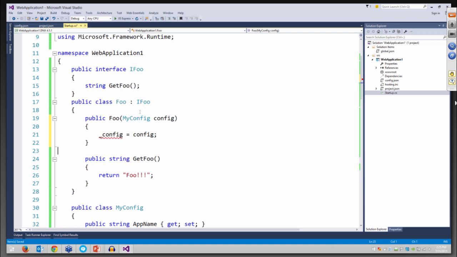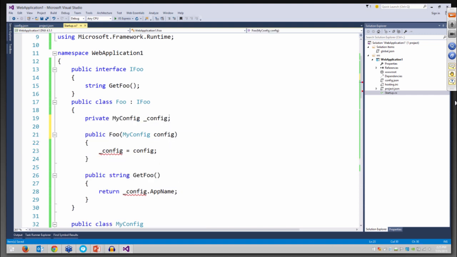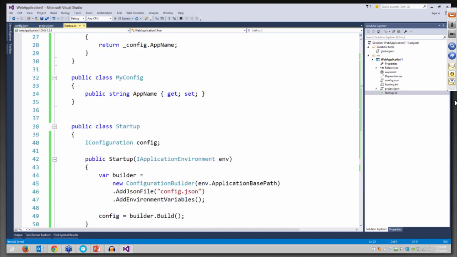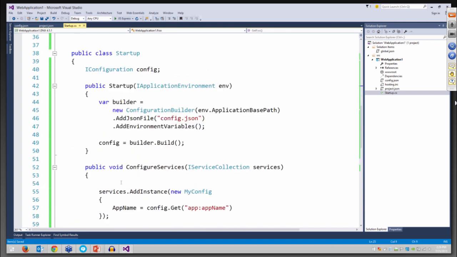And so maybe the version of GetFoo now returns the config dot, what do I call it, AppName, I believe, something like that. Okay. Oh, I need an instance field for this. Okay, cool. So now what's happening is I am putting into my DI system this config object, and then this